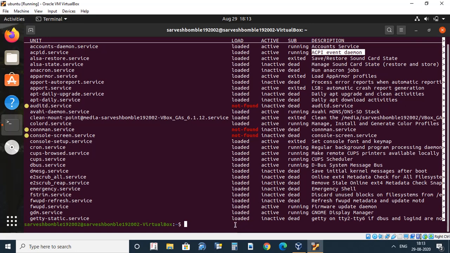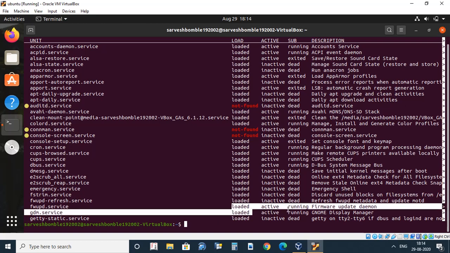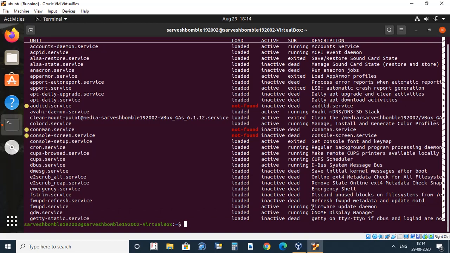So now I will show you how to start or stop a particular service in Ubuntu. In the information about the services, we can see one service as fwupd.service, and that service is loaded, active and running, and it is for the firmware update daemon. So let's stop the service and again start the service.